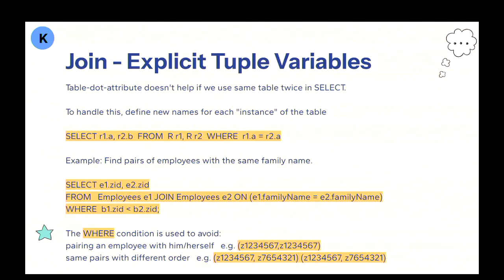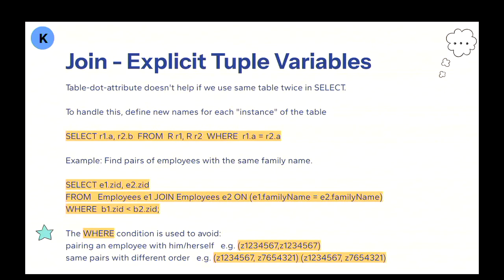That's how we deal with using the same table twice in one statement. And you may notice that there's a where condition here. This where condition is actually very helpful for handling two cases. Since an employee must have the same family name as he or herself, if we use an inequality, the smaller than operator, we can avoid pairing the employee with he or herself. So that's the first usage here. The second purpose of using this where condition is that